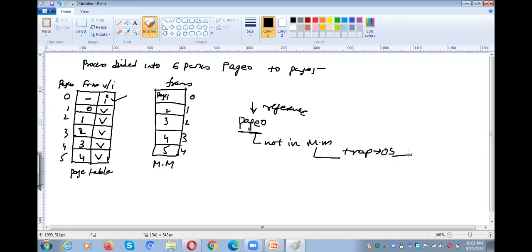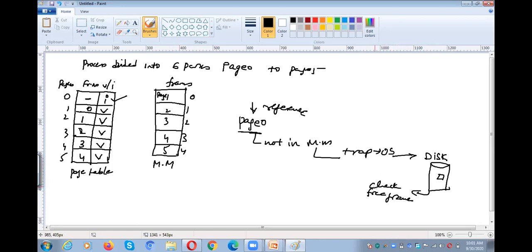The operating system will check in the disk backing store. If it is there in the secondary memory, then the operating system will check for a free frame, right? The free frame is not available.